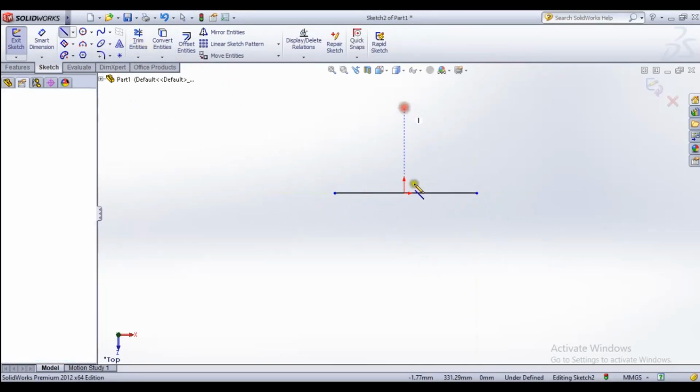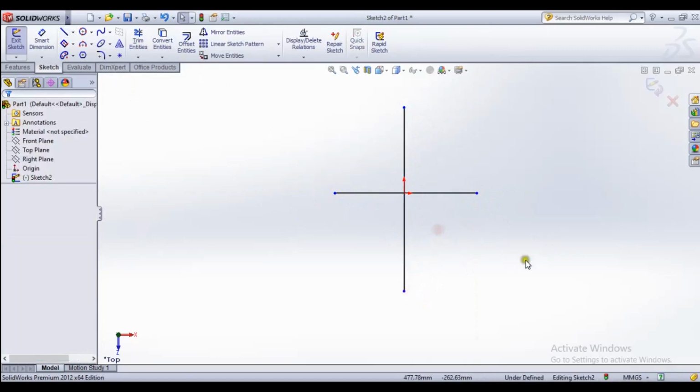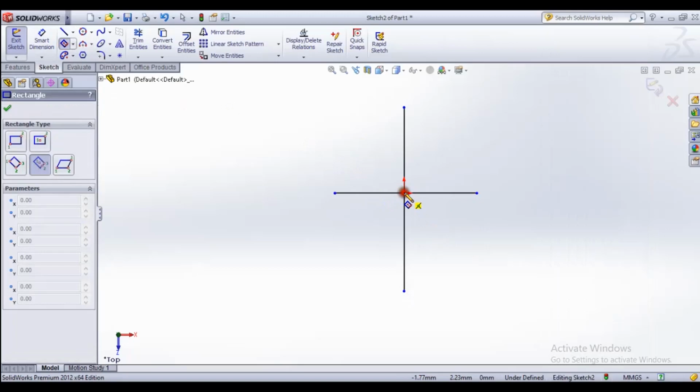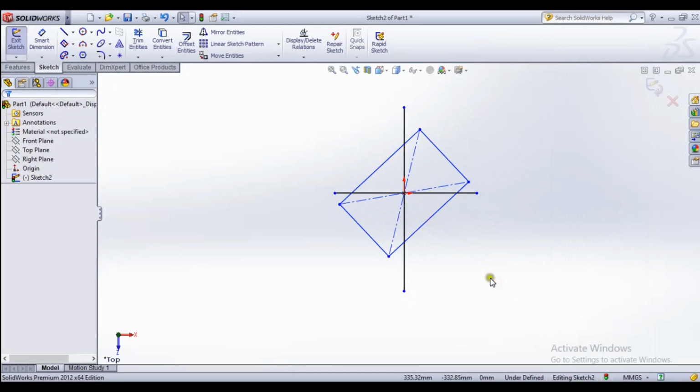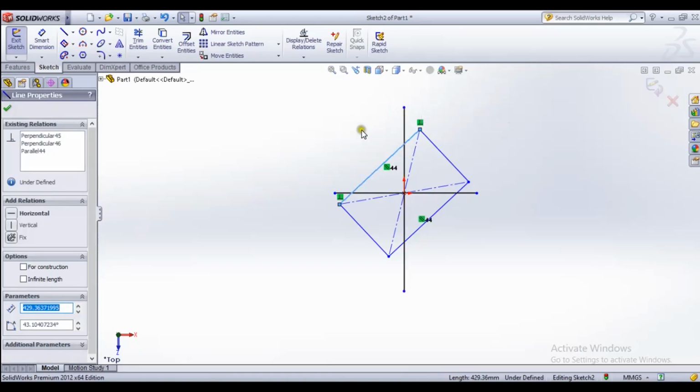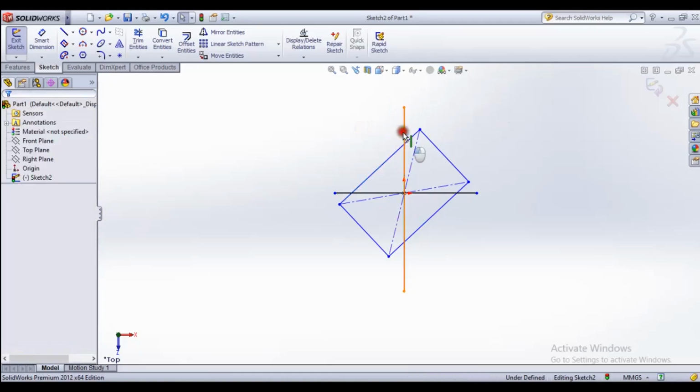Okay, here I am going to use the center rectangle. Okay, I draw this. Now it's right. Now I know I need to remove this line, this part of the line, only this part of the line after this square.